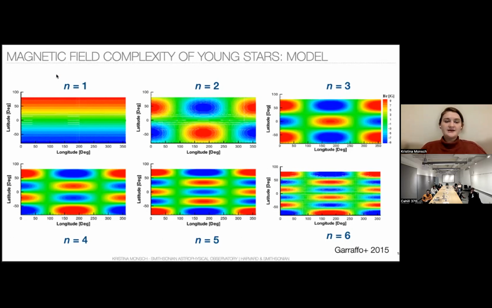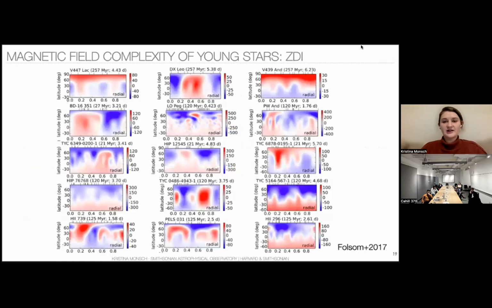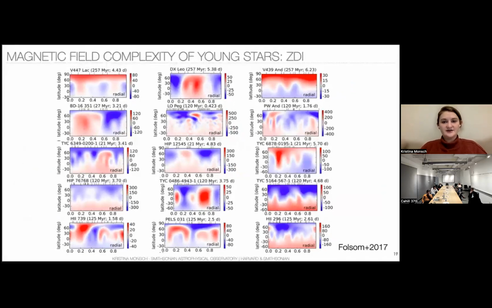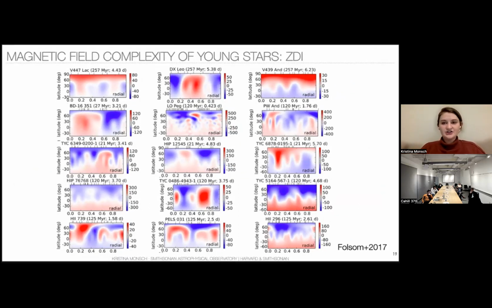These are typically mapped by using ZDI maps. So you see that the dipole looks quite different from a quadrupole, and you see basically more substructure in these ZDI maps. And this is from synthetic ZDI maps, just to show you how these would look like for different magnetic morphology. And as I was saying, recently there has been more and more observational evidence, or in general more observations, of these geometries of magnetic fields of young stars. And Cecilia was using these as an input to her stellar rotation model. And what she found is that